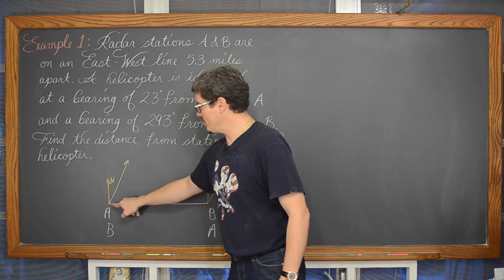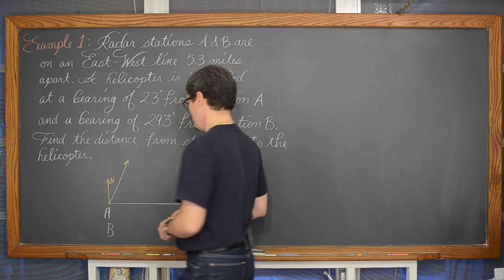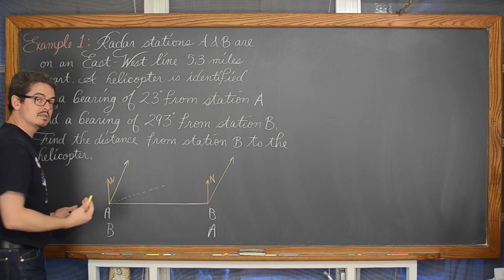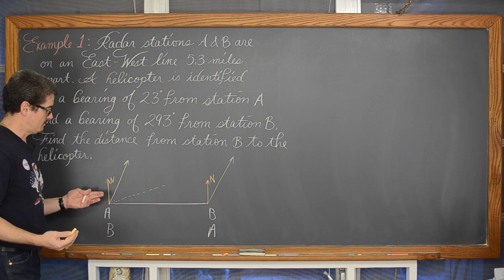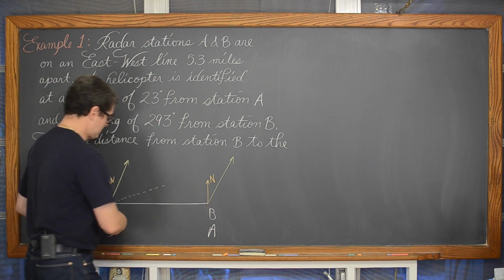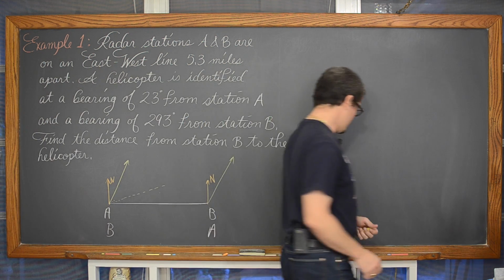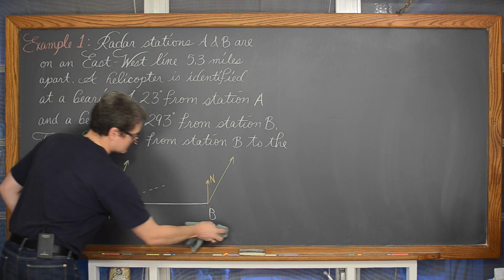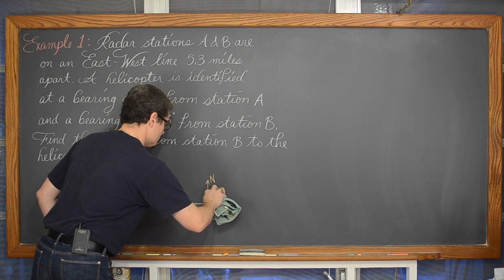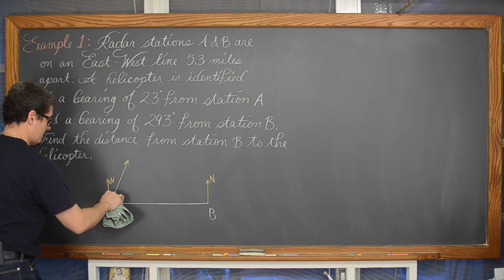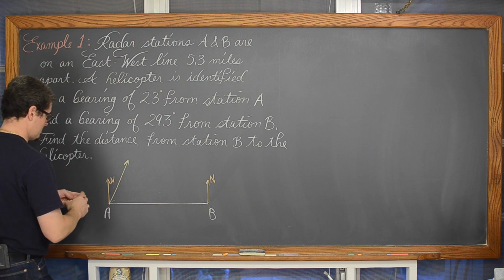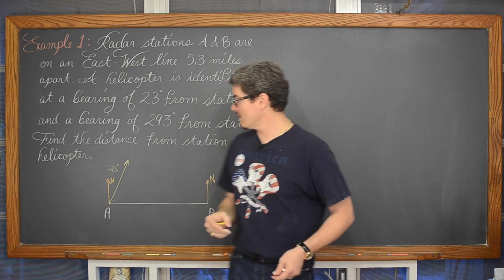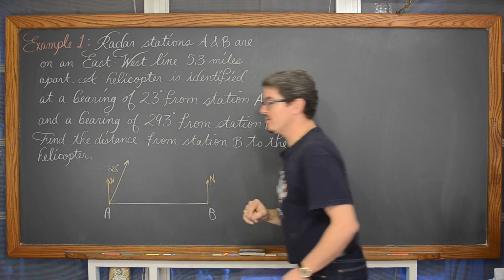okay, well, if I put B over here, look, my rotation is going to be less than 90. So this can't be the proper orientation where A is on the right-hand side of my diagram. So let's keep A on the left. And this is no good. And neither is this dotted line now. And I've got an indication or a marking of 23 degrees bearing for where this helicopter is from station A.